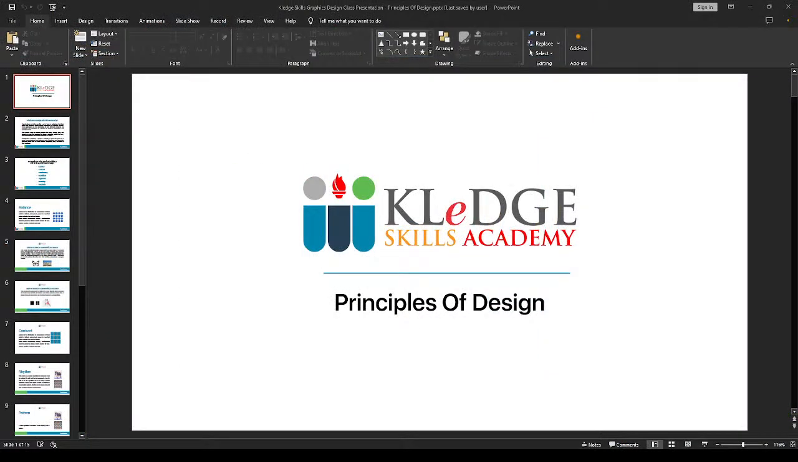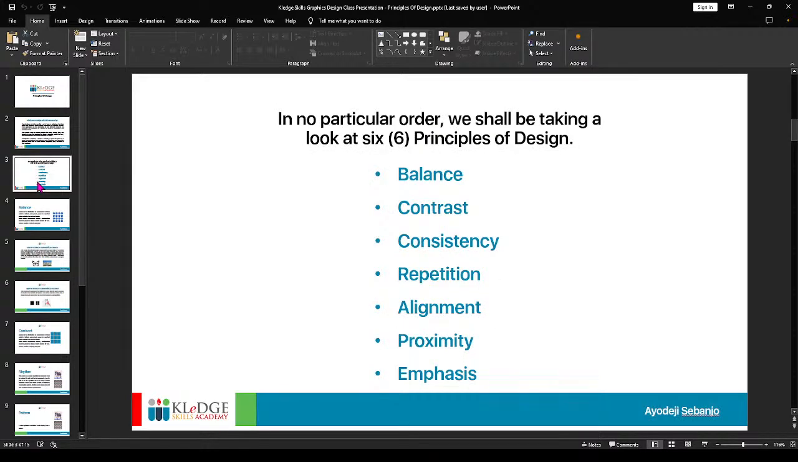So, what are the principles of design? Balance, contrast, consistency, repetition, alignment, proximity, and emphasis. I will not be talking about everything actually, but let me just take a look at